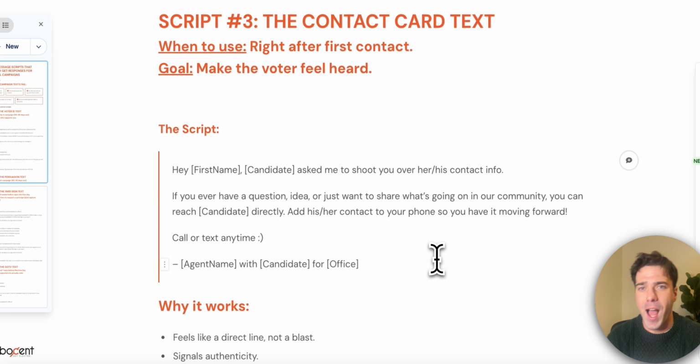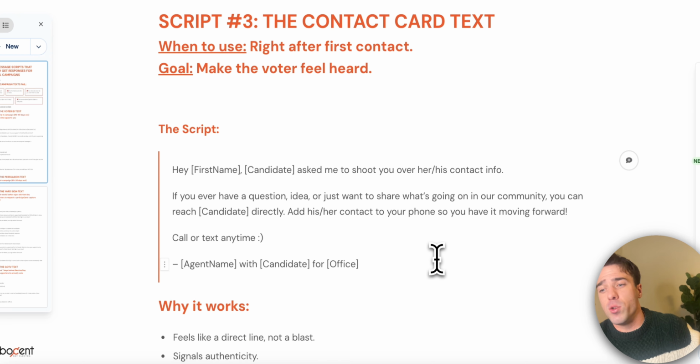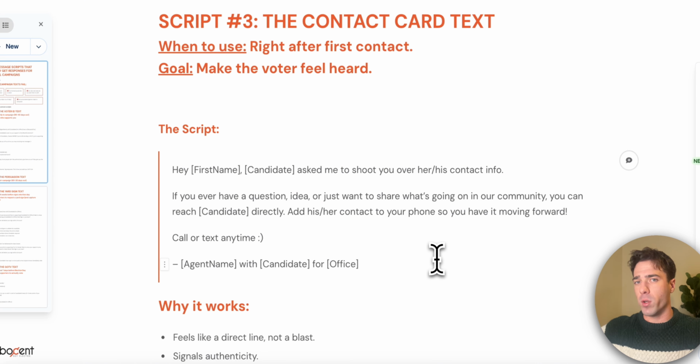Script 3, the contact card text. I love this one specifically because RoboCent is one of the only platforms you're actually able to do this in. When to use it: you're going to want to use it right after contact with the voter, or maybe if you were in the general area. So what I like to tell campaigns is, you just sent volunteers out to an area to canvass a couple different precincts, right? I love to follow up with a text message to those same voters saying,